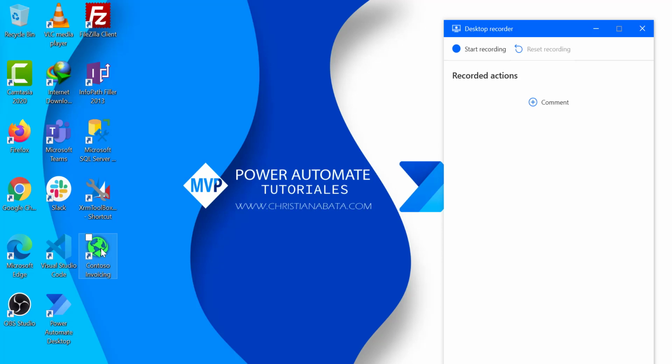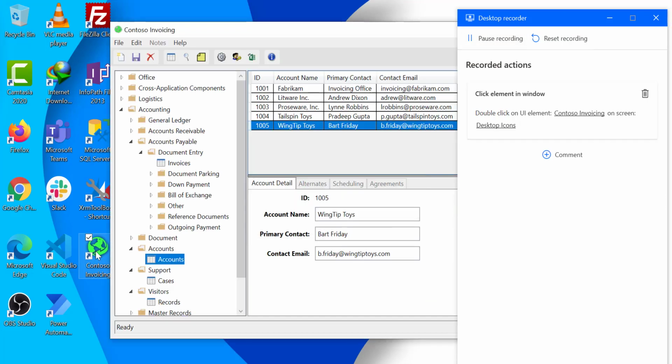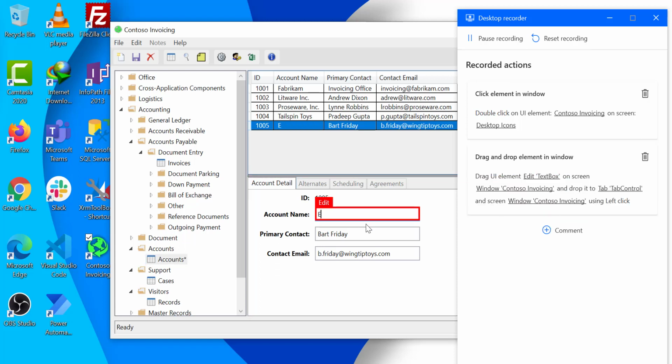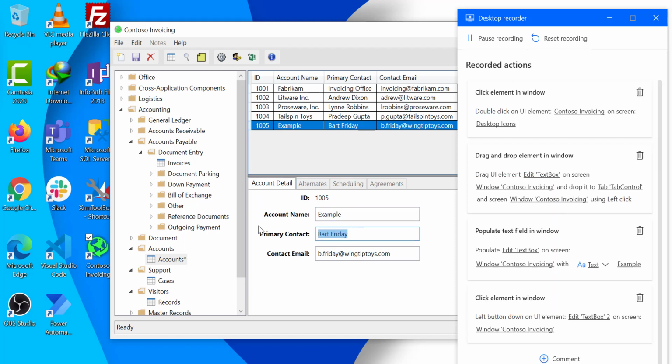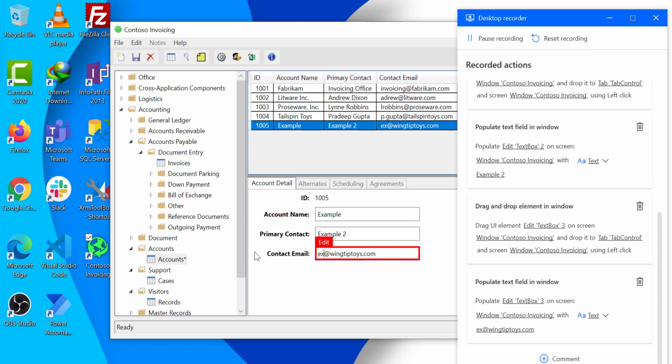So here I have a desktop application and I can start recording here. So I am going to double click here, see the red thing again, and I am going to see if I can get maybe some data from this application. See, I can select the buttons inside, maybe the data here, or I can just create something new. Maybe let me replace this as example, and then replace this as example 2, and replace this as example